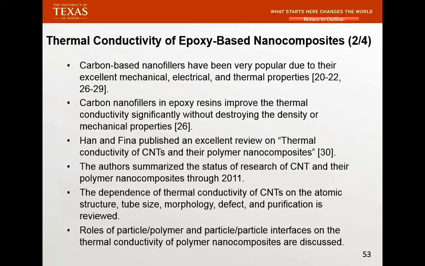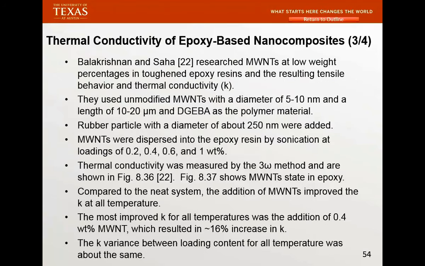Okay. So I work on a lot of defense. That's why sometimes I do epoxy if my sponsor says you need to work on epoxy. As a matter of fact, one of our projects was funded, and we have to do epoxy. Why? Because it's actually used on airplane wings. So that's why everybody and their brother will work on epoxy, because it's the most common. And if you hit on a solution, you make a nanomaterial that does very well in epoxy, then you probably get rich. Okay? All right.